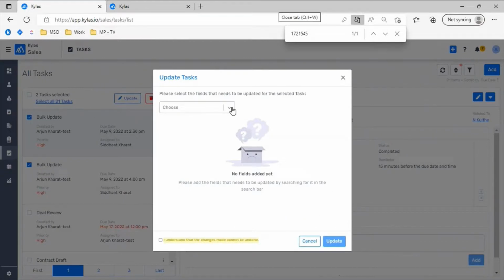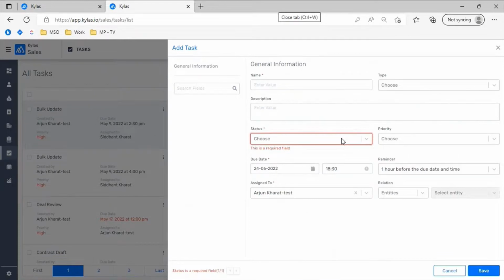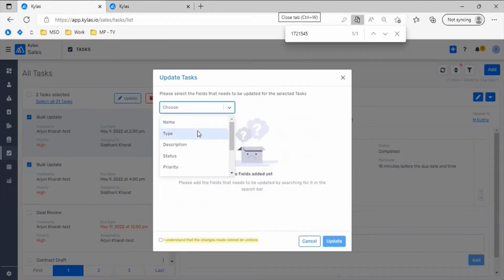Okay, now as soon as I click on this button, a pop-up will open up and I will see a message that reads out to select a field that needs to be updated. If you look at this list, it is the same fields that we have on the task form, which means you can update any of the fields that are available on a task. Let it be name, the type, description, status, priority, due date, reminder, assigned to, or even relation to any of the entities. So what I'm going to do here is name,